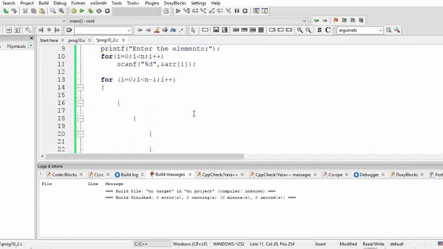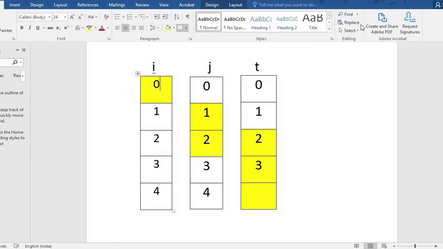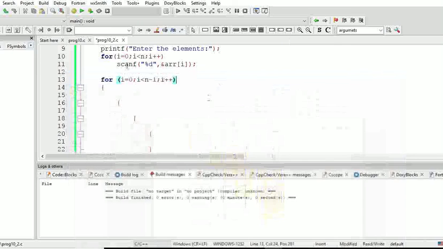This was our first loop, what I have shown earlier. The I loop is the first loop.